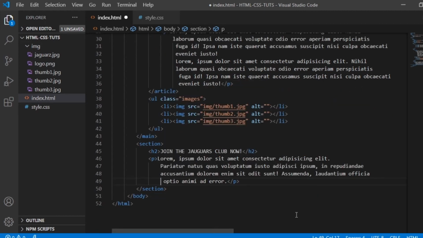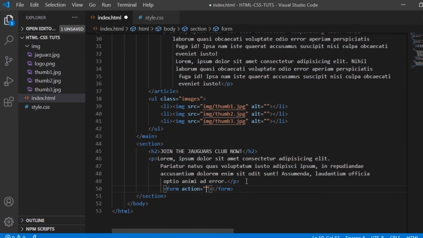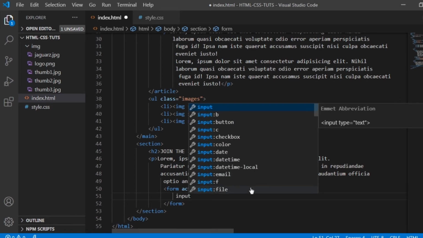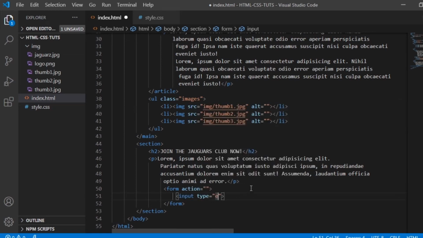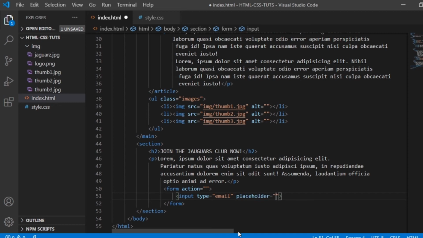There you go. And then after the paragraph, let's say I will create form. Okay, so form, and then inside the form I will create input. So input type email, and then let's say placeholder, enter your email.